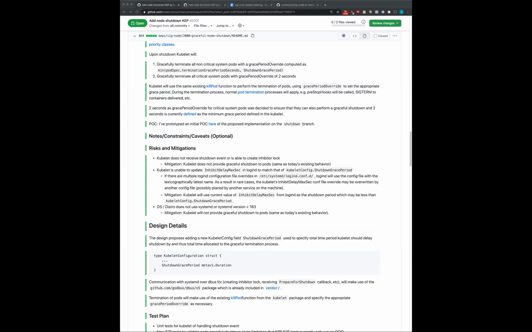Yeah, sorry, I missed that when I read it. This is Derek. I didn't connect the dots the way I should. I had assumed the flow proposed was basically kubelet gets the shutdown event. It goes and tells systemd to hold off for X period of time. Then we would go and try to shut down all non-critical pods first. And then shutting down the critical pods second, I'm trying to think if 2 seconds would be bad.